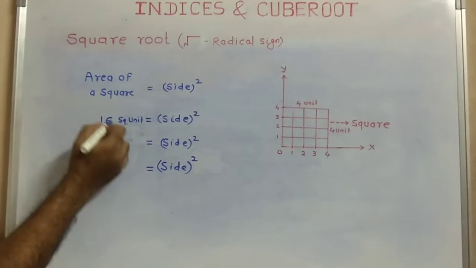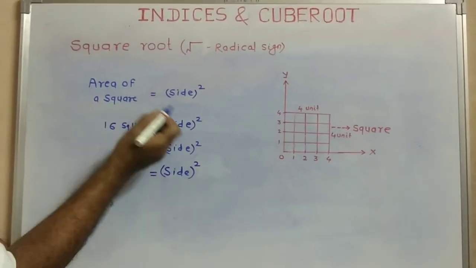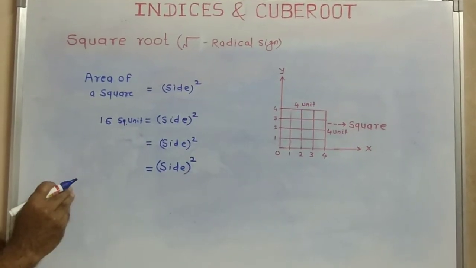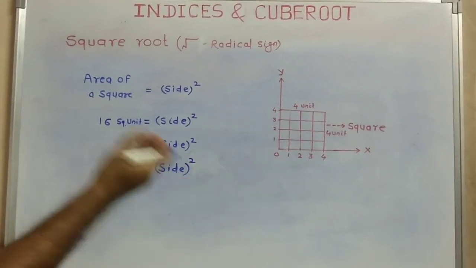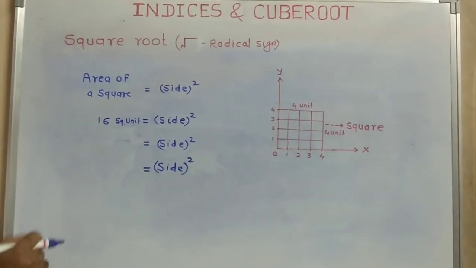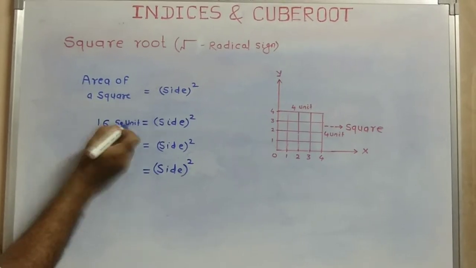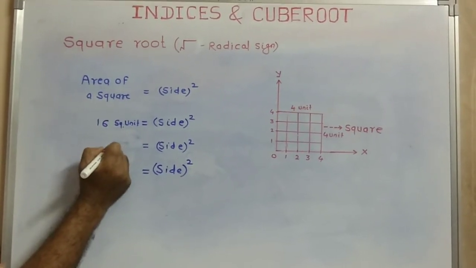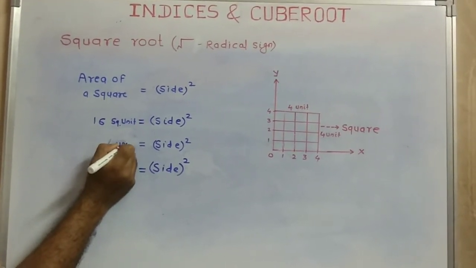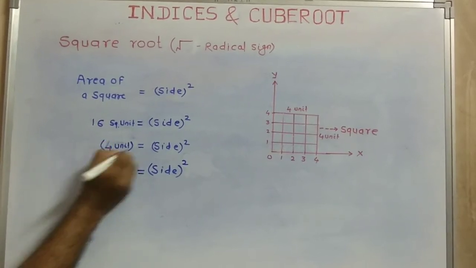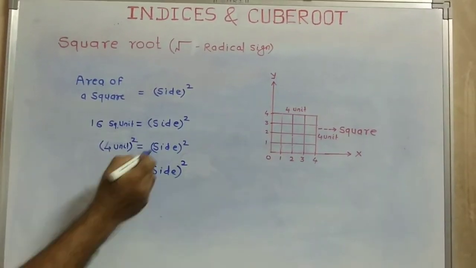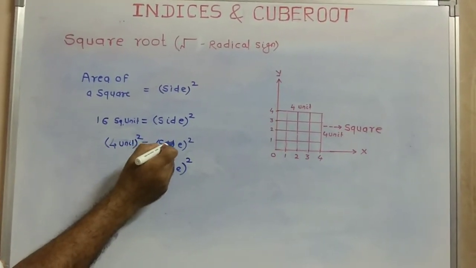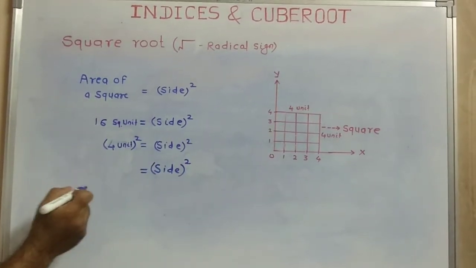Now suppose I have got the area of a square and I have to again find the side of the given square. Then it means that I have to reverse back my process. Now how can I express this 16 square unit? I can express it as 4 unit square